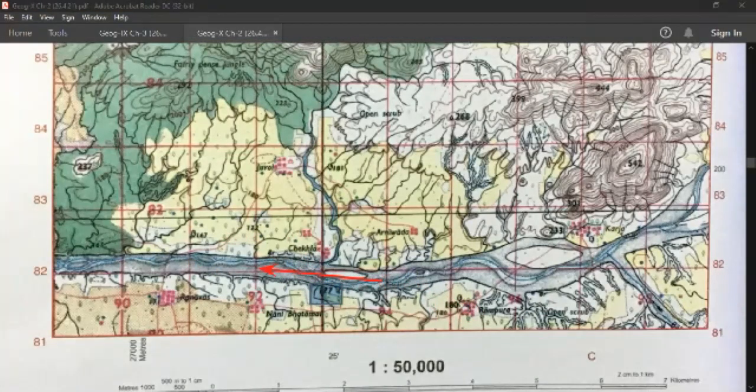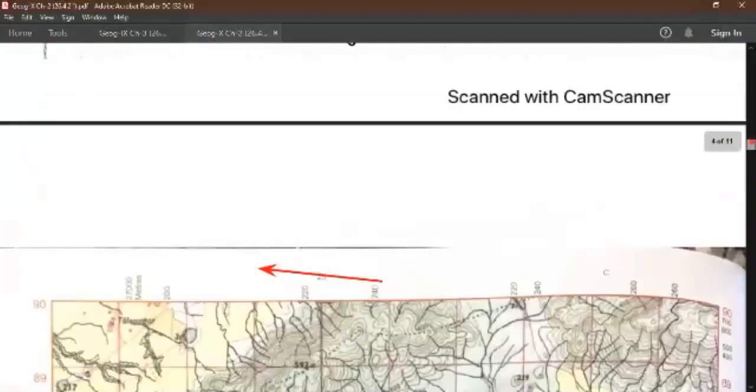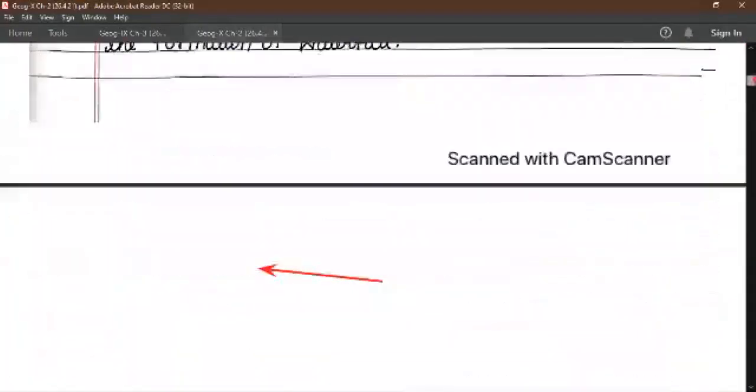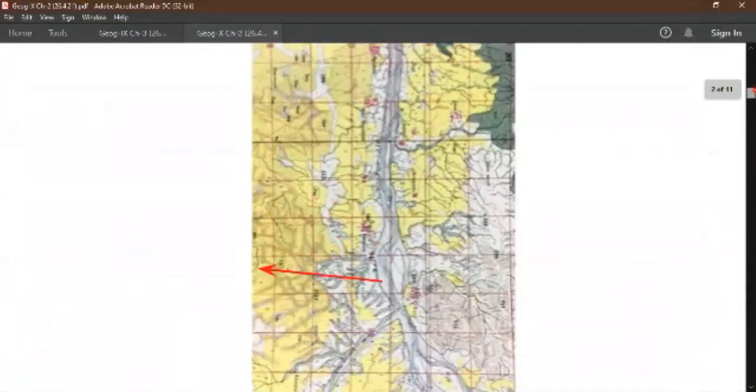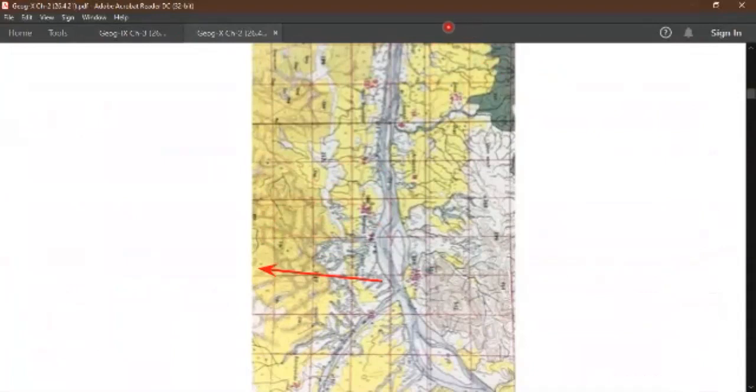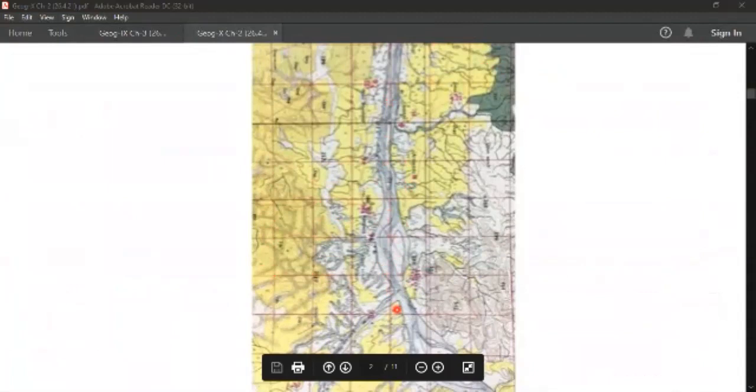the only way to determine the left and right bank of a river is to imagine standing in the river facing downstream. So this will be the direction. Now you are going to turn the sheet the way from the source of the river towards downstream. Okay, so I have turned it like this. Now the places